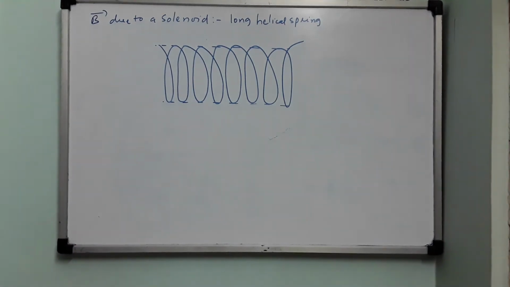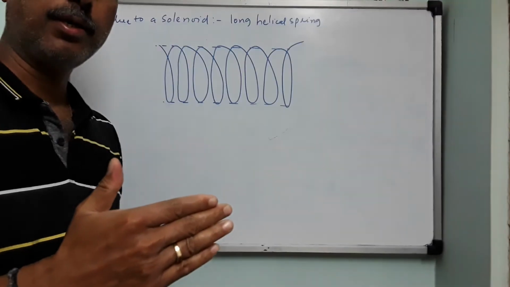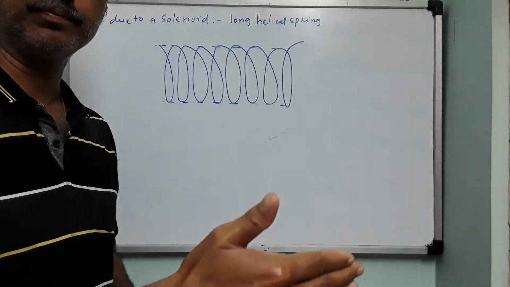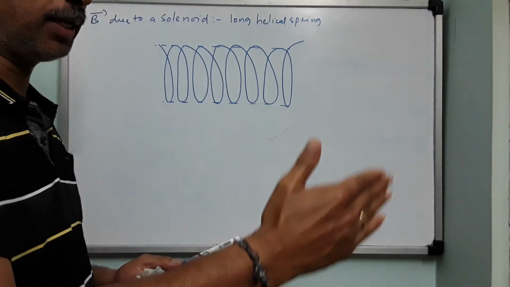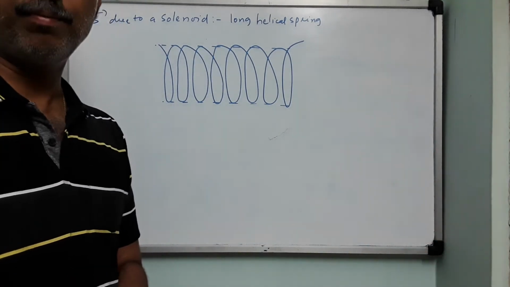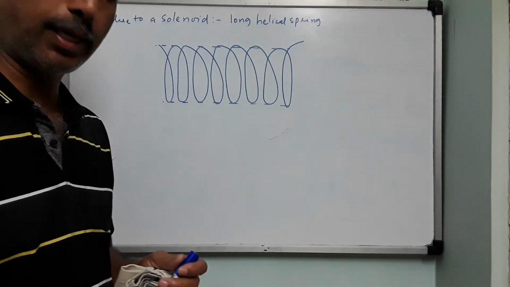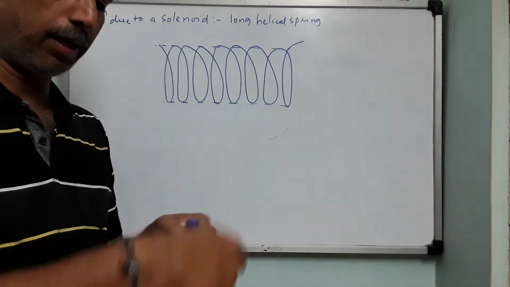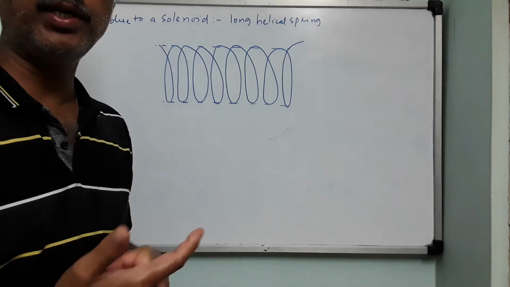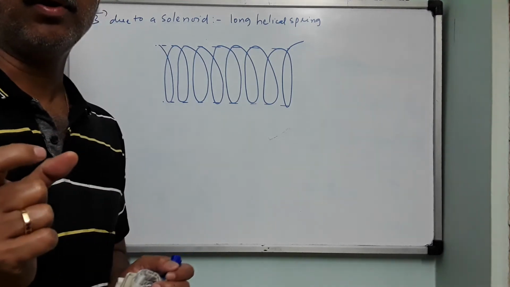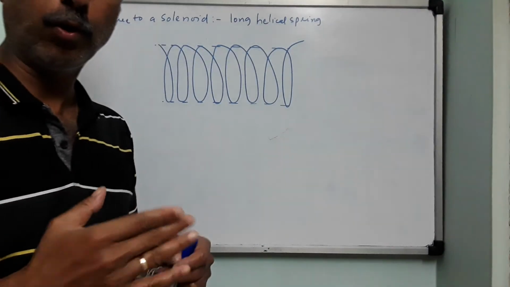This is a solenoid. It appears as if so many circular coils are stacked one beside the other. If you keep one circular coil beside another, it is similar to the rheostat you have seen in the lab. In the rheostat, what is there? There is a pipe, and over the pipe a wire is wound. That wire is wound so closely that you cannot count the number of turns from one end to the other end, because they are very close and the wire is very thin.